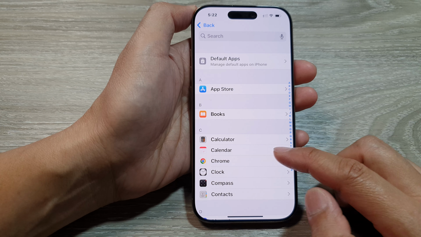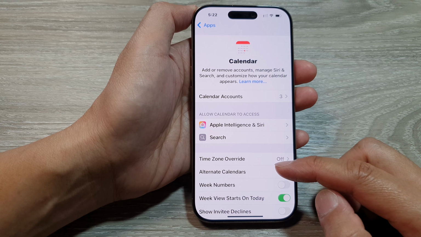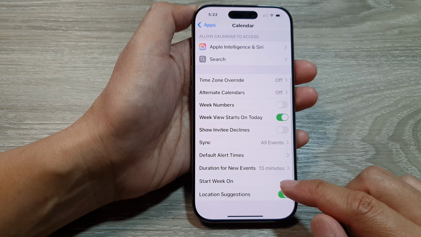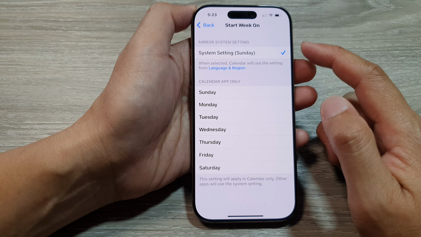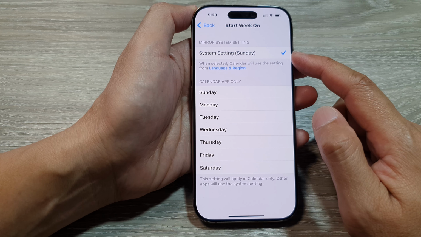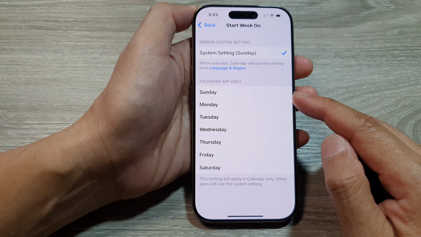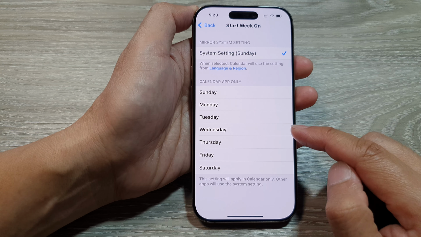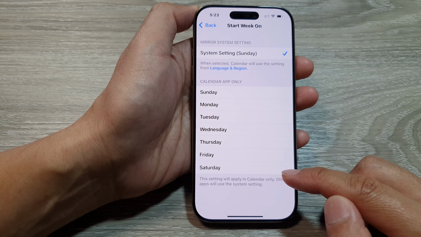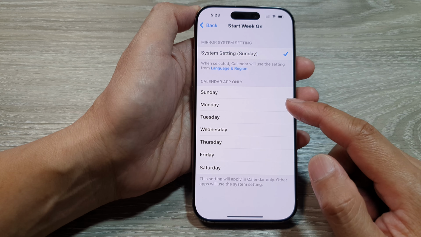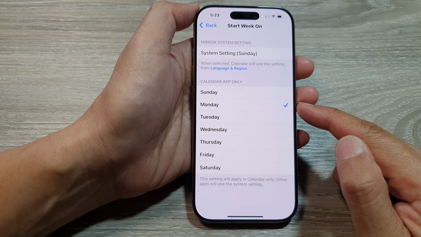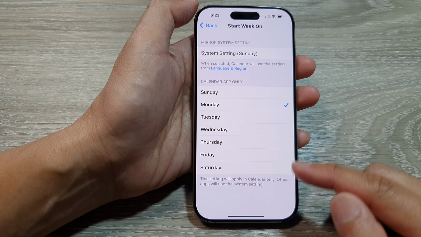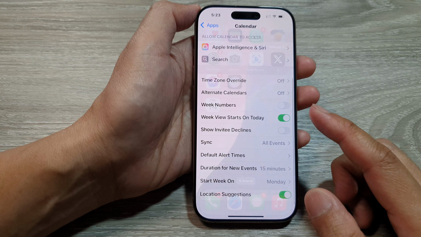Next, tap on calendar. And then we scroll down and then tap on start week on. From here, the default system setting is Sunday, but you can also choose Monday, Tuesday, Wednesday, Thursday, Friday, or Saturday. So select one of the days that you would like to use, for example, Monday, if you prefer Monday to be the start of the week, and then tap on the back key or swipe up to go back